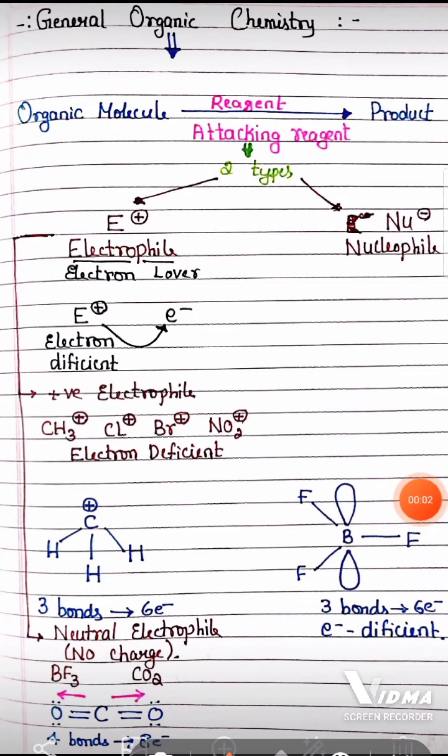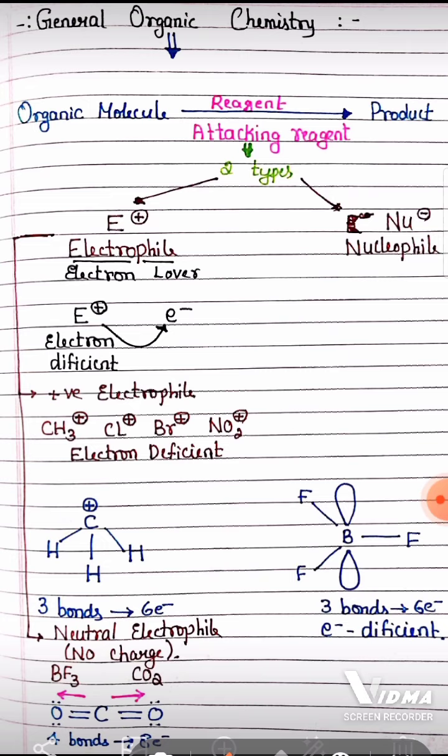Organic chemistry is one of the most important parts of 11th and 12th CBSE and also very important in entrance exams like NEET and JEE. If you want to understand organic chemistry, we must know some of its basic concepts. To understand the basic concepts of organic chemistry, this video is very helpful. So I request all of you to watch this video completely to know the concepts clearly without any confusion.